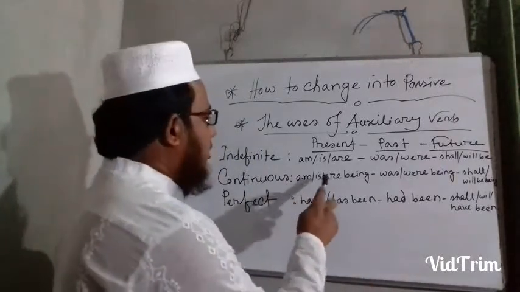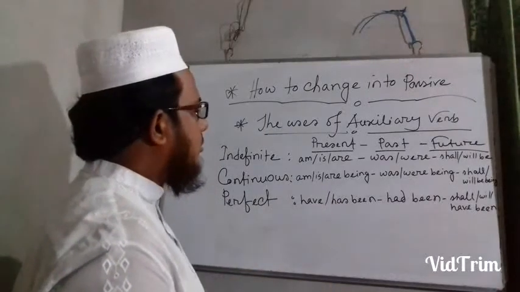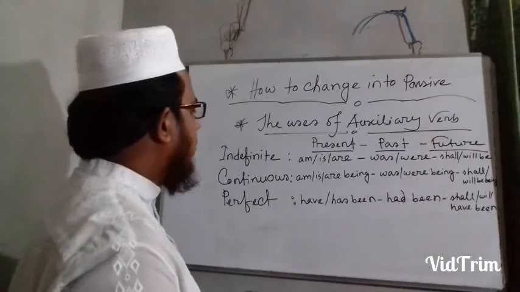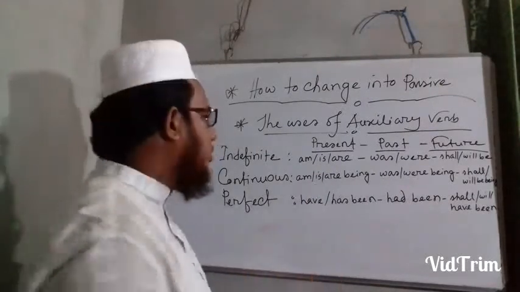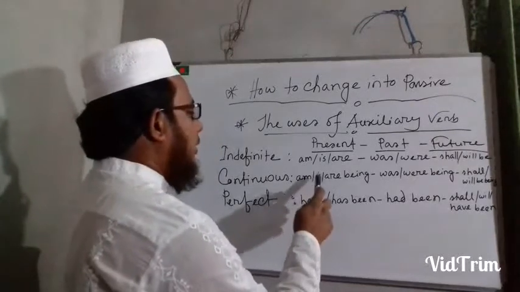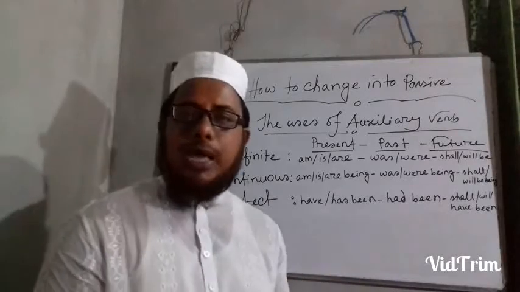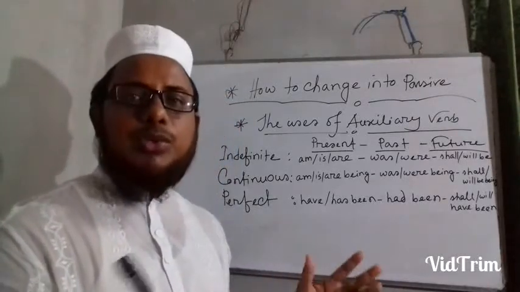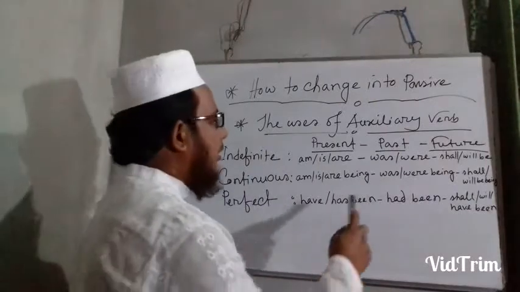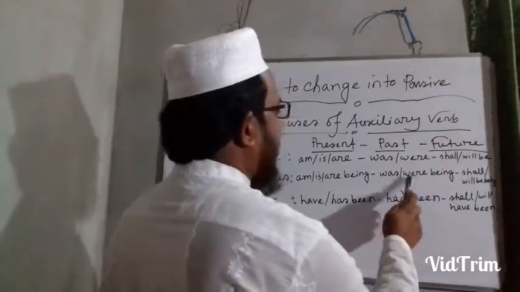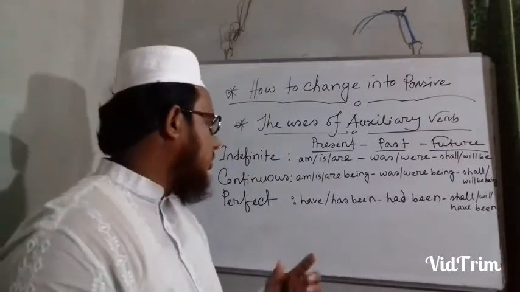When the active voice is present continuous tense, then we have to use am or is or are being. That means am being, is being, are being according to the subject. Okay. When the active voice is past continuous tense, then we have to use as per